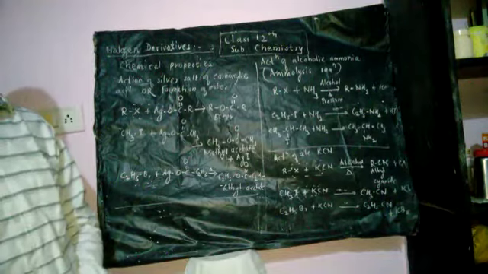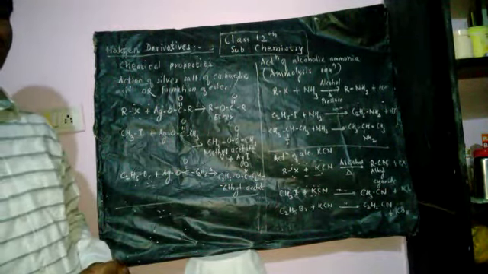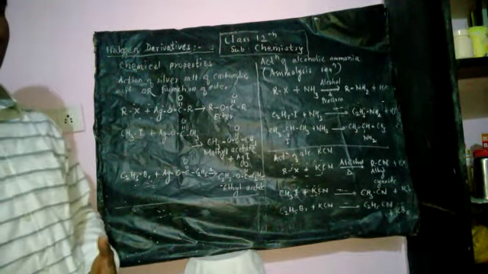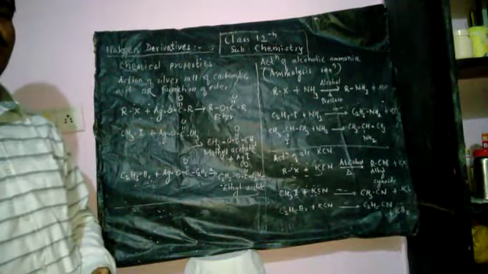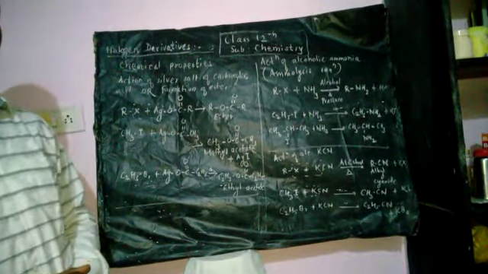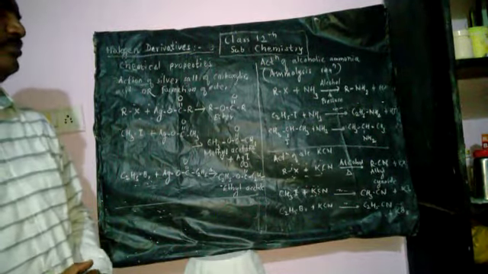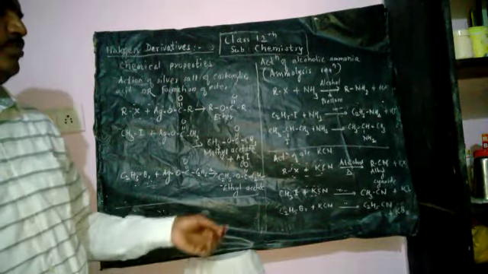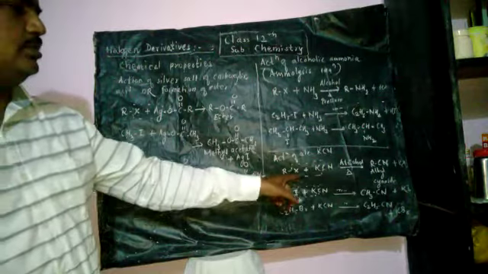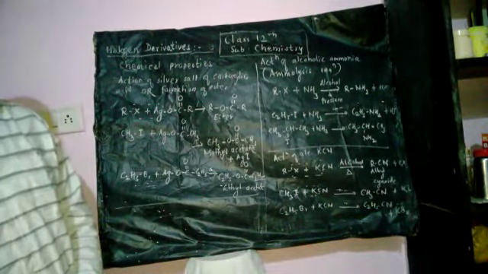Then other reaction is action of alcoholic potassium cyanide. Potassium cyanide formula KCN. Here there is triple bond between carbon and nitrogen. Potassium cyanide is most poisonous chemical, as earlier we have discussed, most poisonous chemical in the world. What is the formula of potassium cyanide? KCN. When alkyl halide is heated with alcoholic potassium cyanide, then alkyl cyanide is obtained.